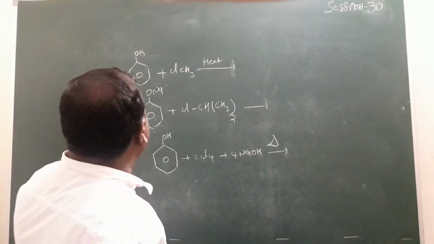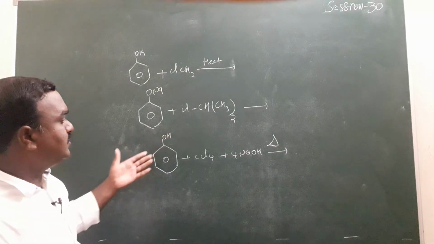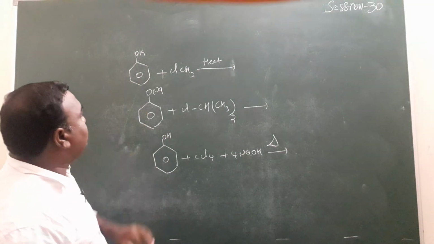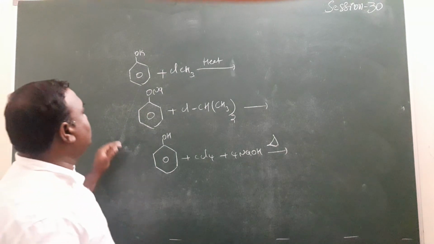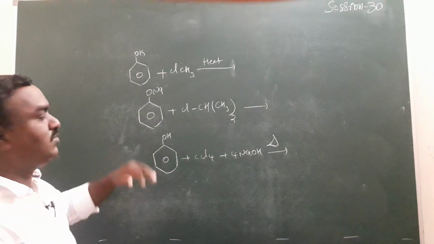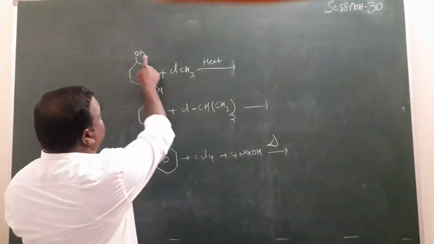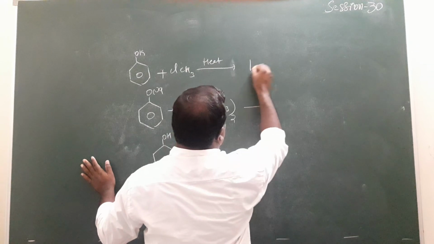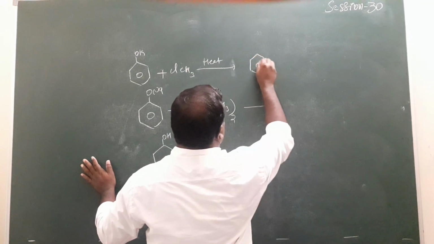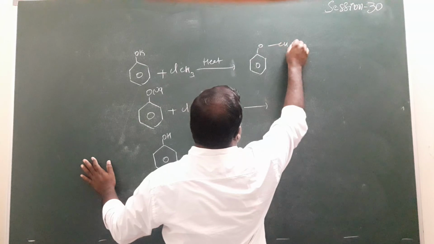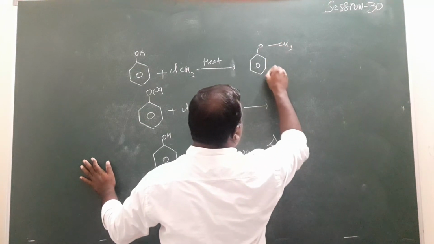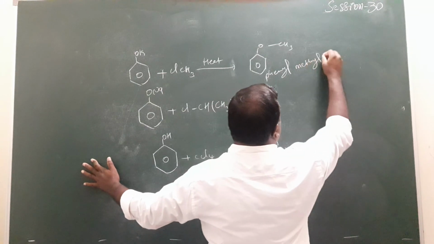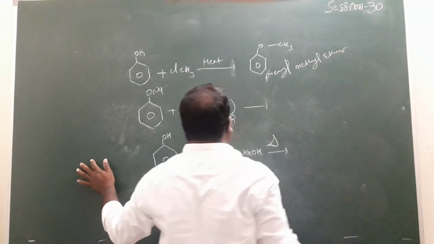Here some more examples are given of how to write the product, we will see right now. Here sodium or potassium phenoxide is given, or phenol is given but in salt form, which means it easily forms ions. So here KCl is the byproduct in the presence of temperature. What is formed here? OCH3, phenyl methyl ether. Phenyl methyl ether is formed here.